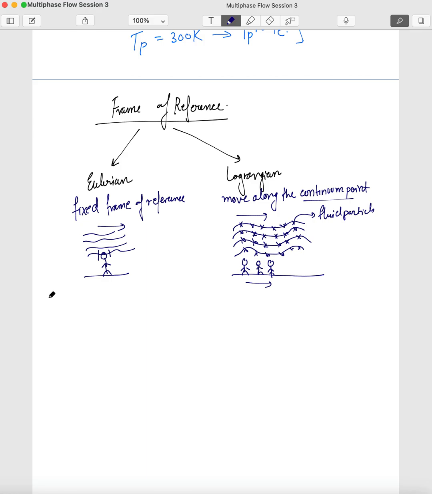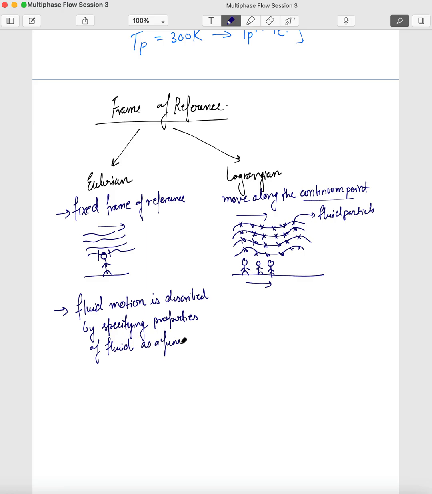So basically what is the difference between these two is, as told earlier, in this case fluid motion is described by specifying properties of fluid as a function of space and time. Okay,